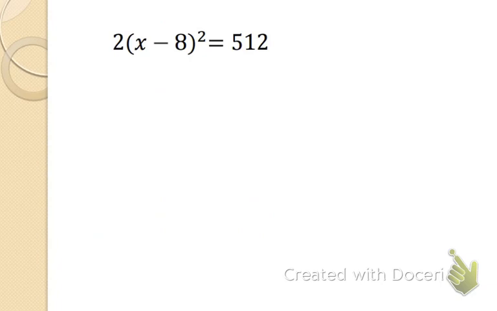So several things going on here. We have our x trapped inside parentheses together with the minus 8. This parentheses is surrounded by a power of 2, but then we also have a 2 in front of the parentheses that is multiplying. So how in the world are we going to get this x isolated? Okay, well,